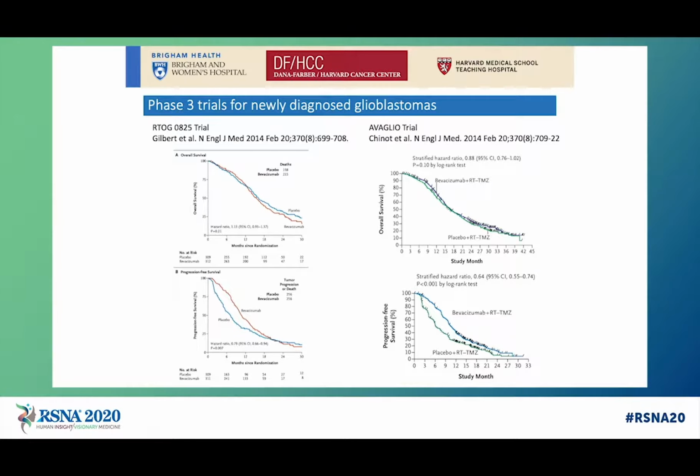How about newly diagnosed glioblastomas if bevacizumab is used as an upfront therapy? In these 2 phase 3 trials where standard therapy alone was compared with standard therapy plus bevacizumab, the results are remarkably similar to the recurrent tumors. Again, no overall survival benefit, while the progression-free survival favored the bevacizumab treated group. Although the results were quite disappointing, from these trial data and clinical experience of the past decade, we have learned